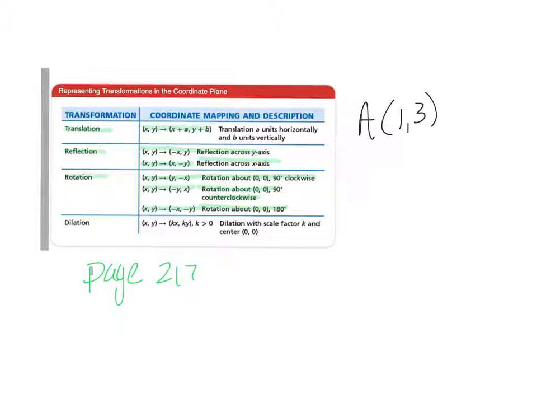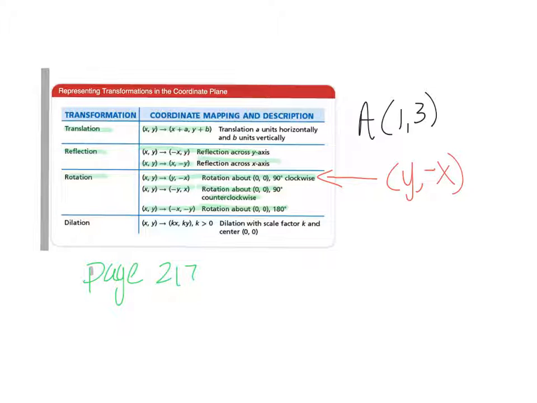So look at the example I wrote on the right. Point A is at 1, 3. I can transform this point any way I want right now. So say this is a point off of a triangle which has 3 points. I can move this triangle any which way I want. If I'm told to rotate this 90 degrees clockwise, rotating 90 degrees clockwise, if I memorize this chart, then I know that my point is going to become y,